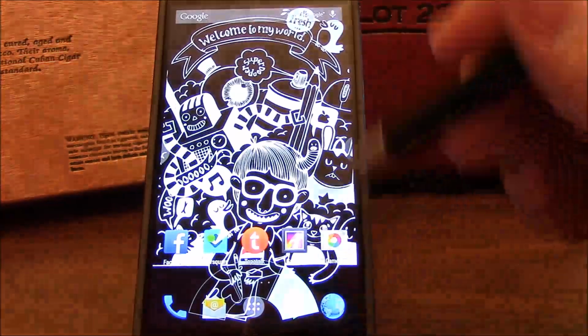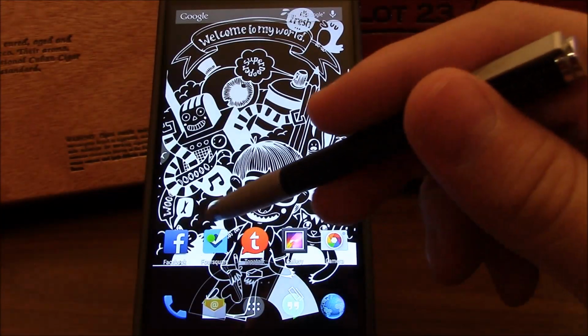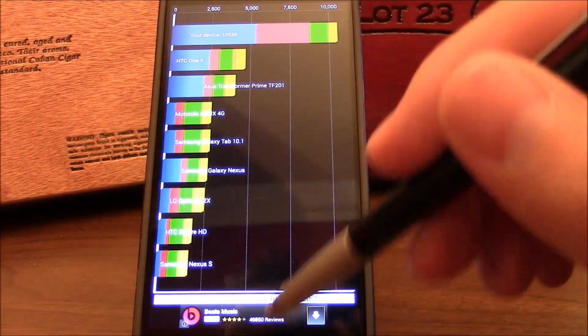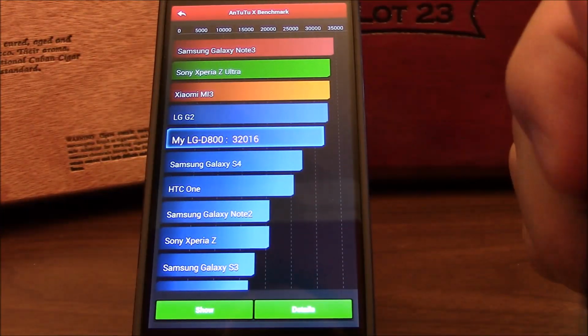Here we have one of the many issues that I had where Pi got stuck on the screen, and the only way to get it to go away was turn the power off, turn it back on, and actually it stayed still. I had to do it again to get it to go away. Here's another bench, 10,539. This is actually on ART. I did revert back to Dalvik. Here's on ART again,